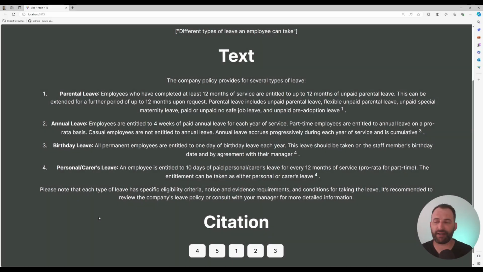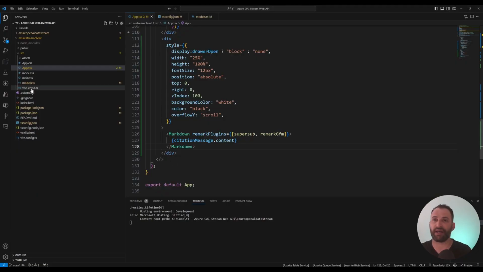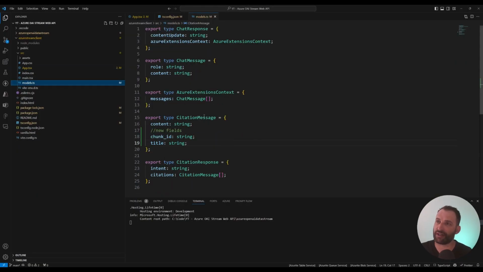So the final thing that we want to look at today, this 1, 2, 3, 4, 5 is all good and well, but ideally what we'd want to see is the actual title of the document. Now, what we want to do in this particular regard is go and extend our citation message, right? So we've got that already in our client-side code, but we need to do a little something on our API